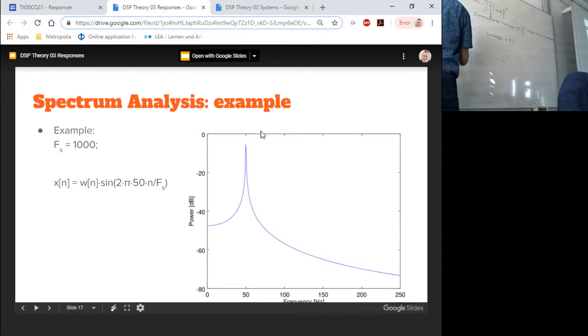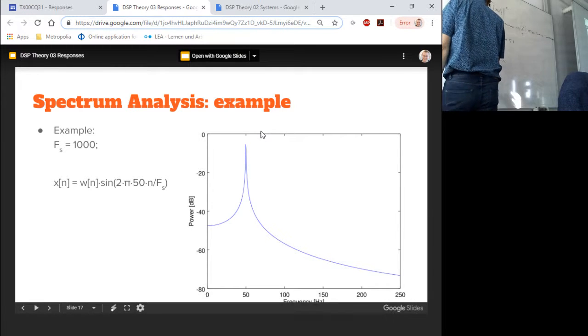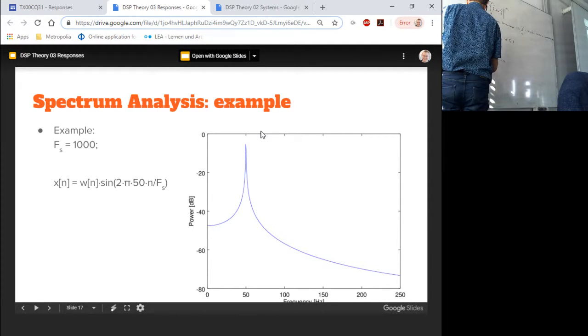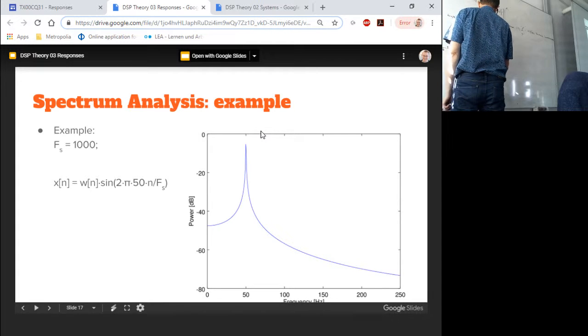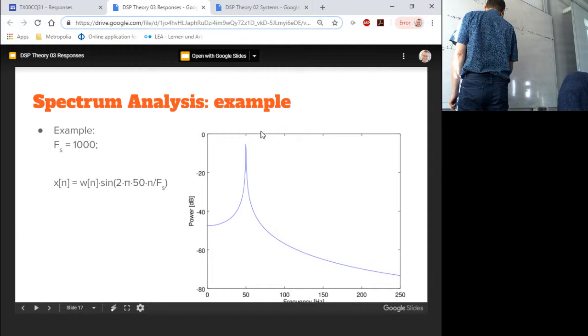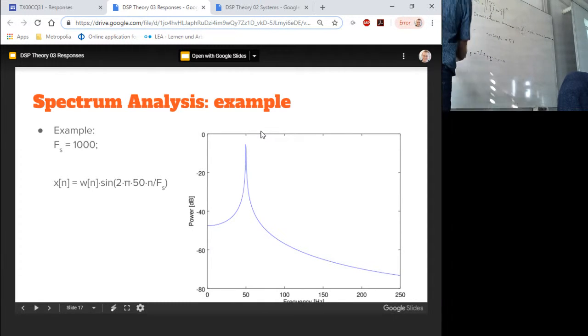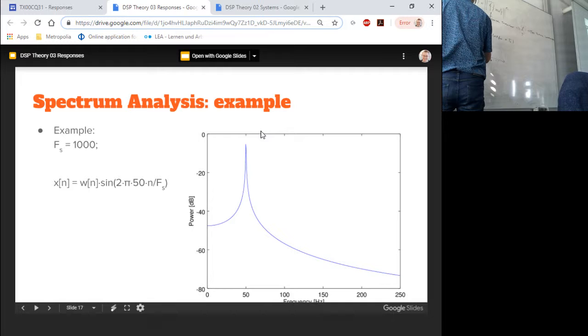Mathematics thinks that all the signals we have are from minus infinity to infinity. So for mathematics, this goes on both sides. But engineers are interested only in some part of it. For example, that part that will be